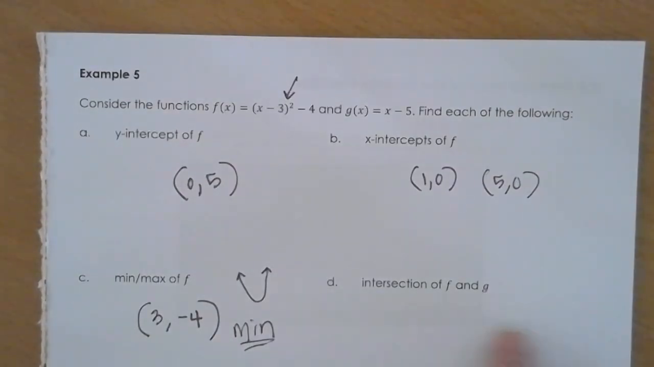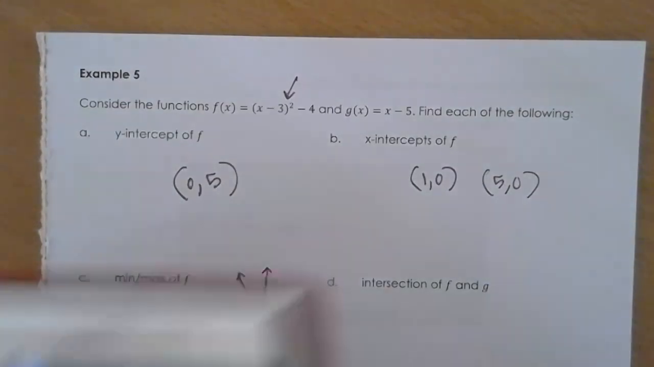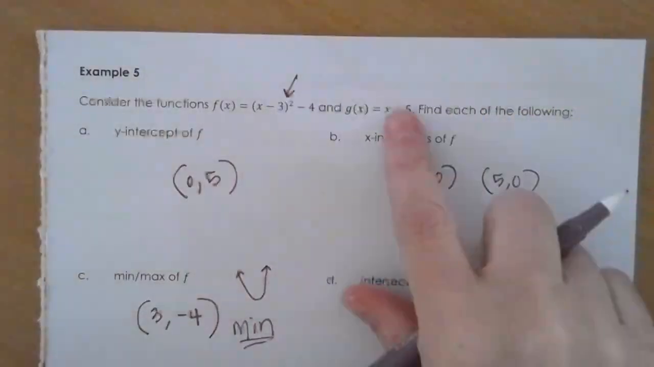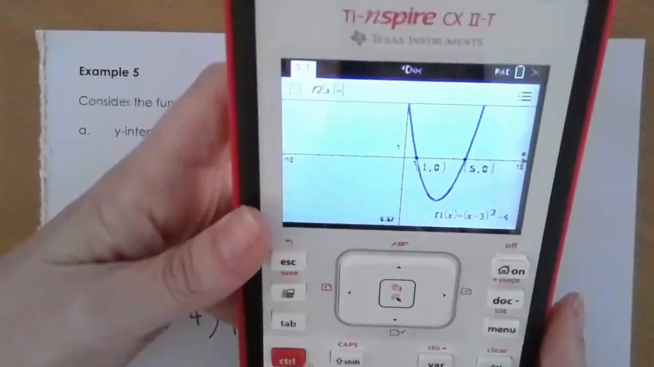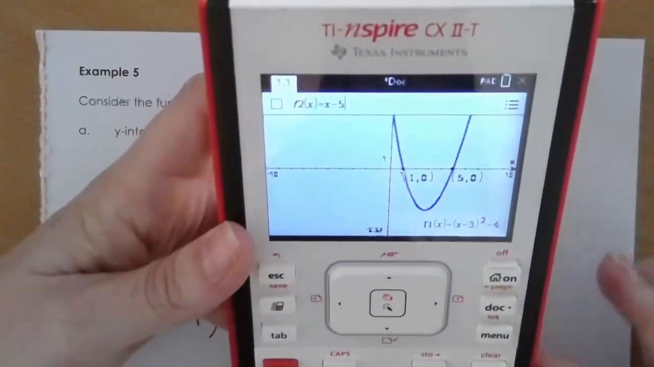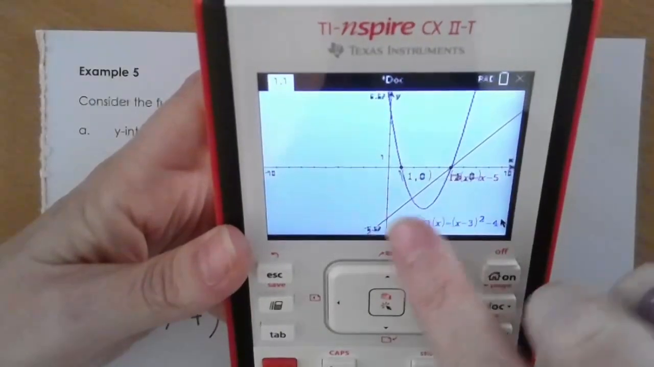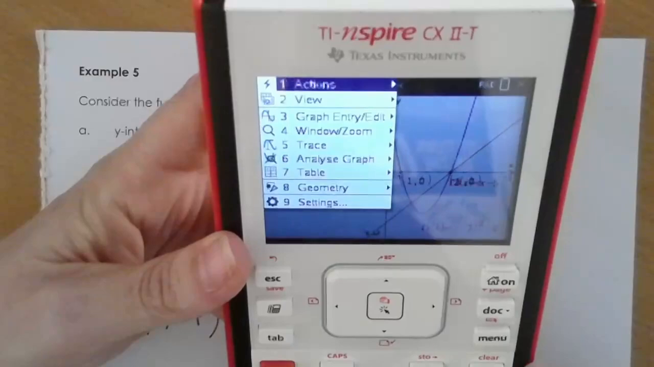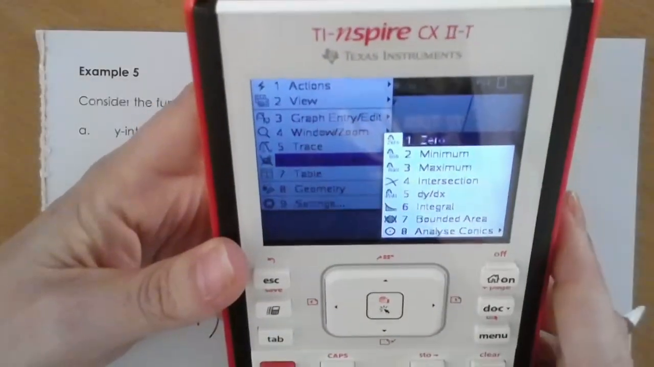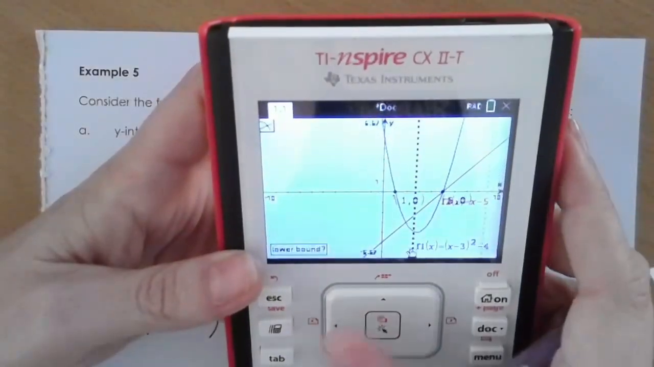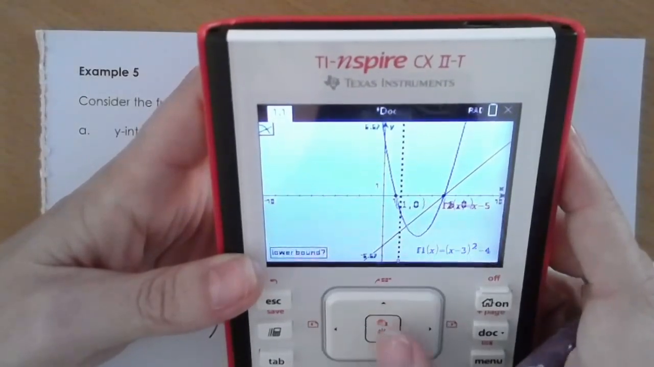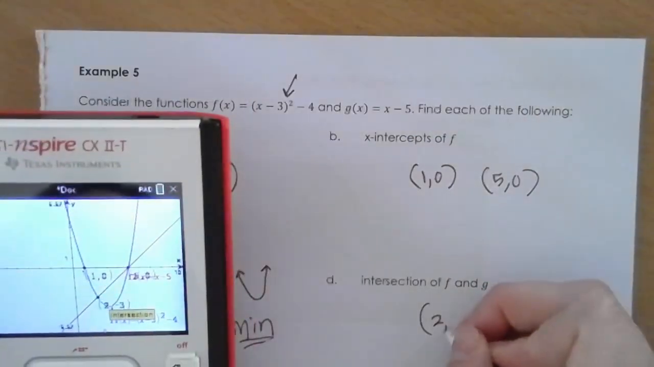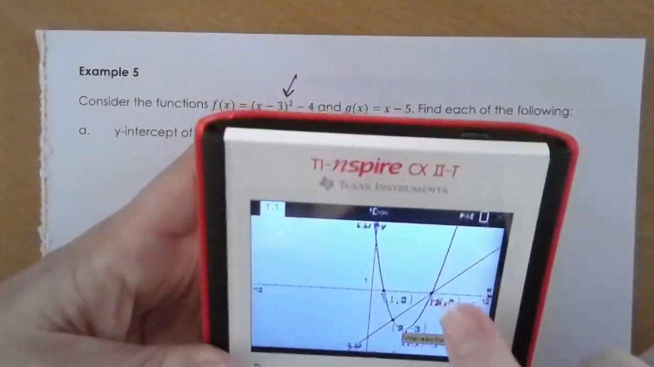Now for the intersection of these two, you want to graph the second one. So probably the easiest is to push tab and you get a second one here. And I'm going to type in my equation, x minus 5. And we know that's going to be linear. And now you can use analyze graph to find those intersections. So menu, 6, analyze graph, and you want to find the intersection, number 4. I have the left side, just like we did before, and then the right side where those intersect. So the intersection is at (2, -3),